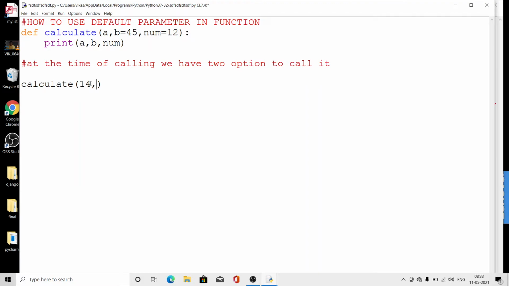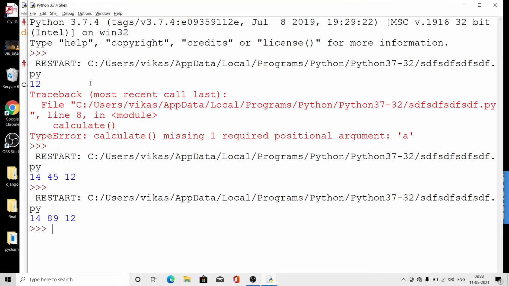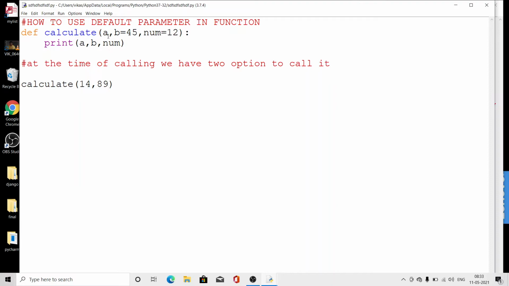If I am giving here 89, in that case what will it become? Look here, the value of A, positional. One more thing you have to keep in your mind: whenever you are passing values, they are copied into the formal parameters according to the positional requirement. On which position which value is written, that value will be copied into that variable.